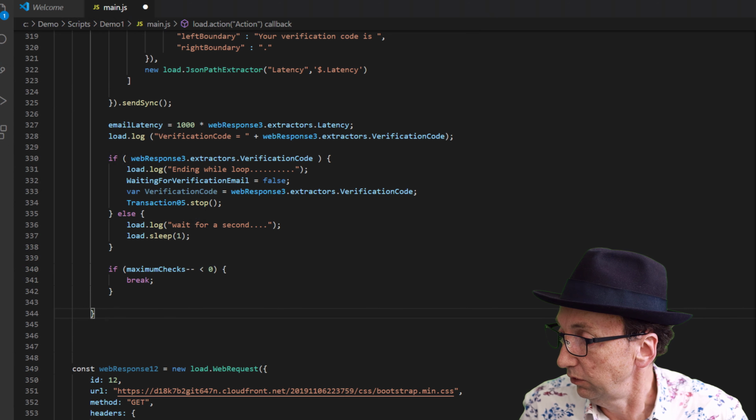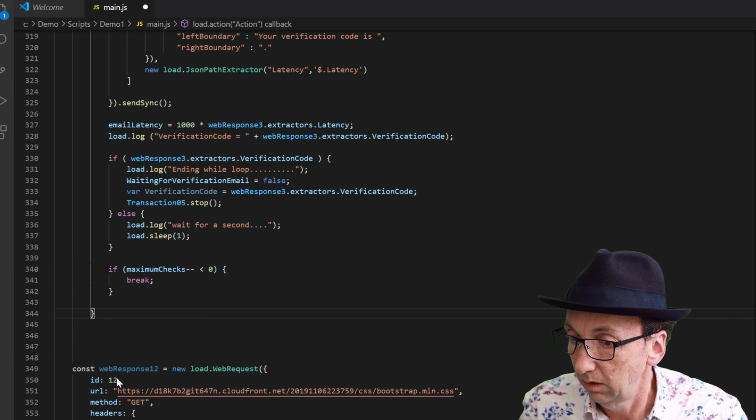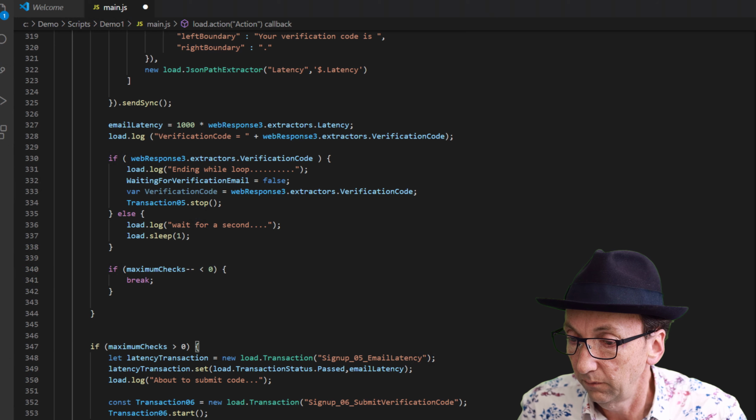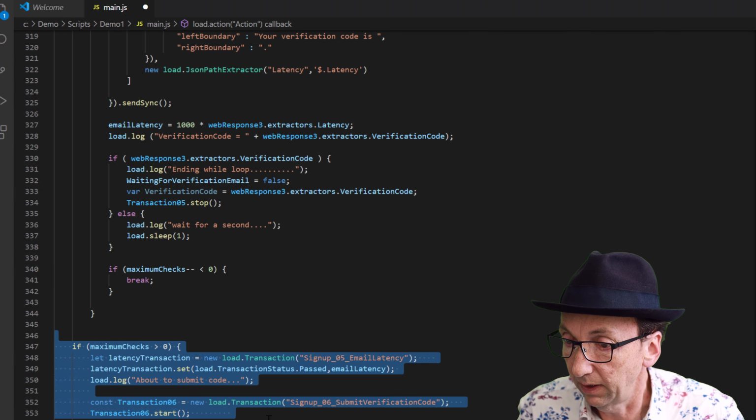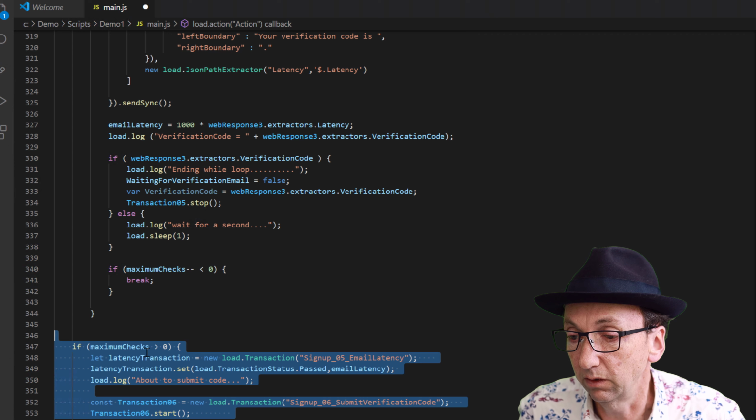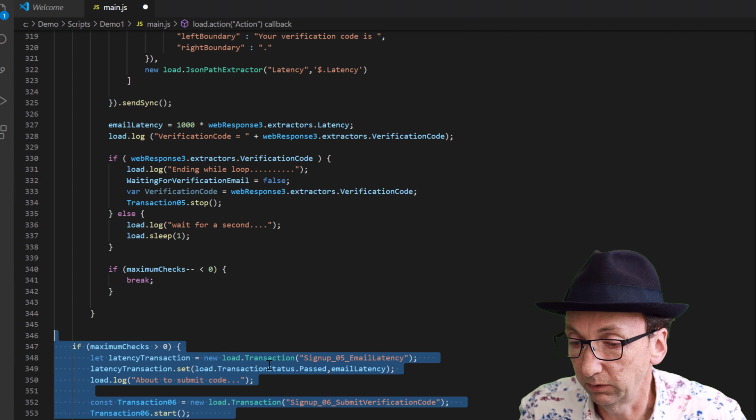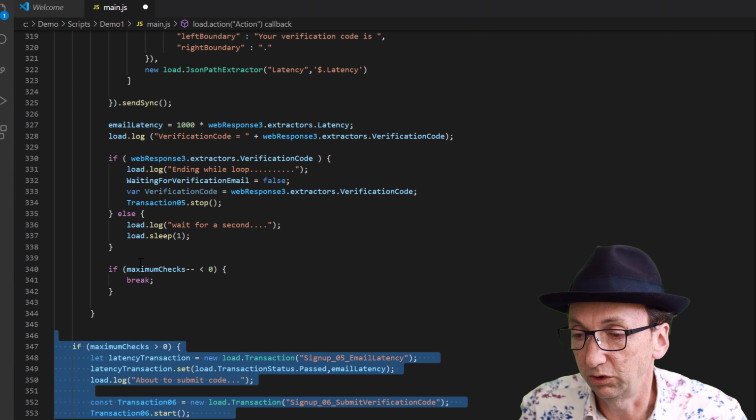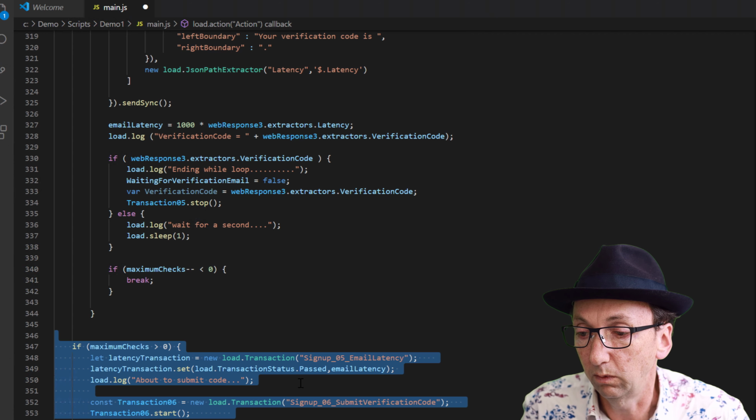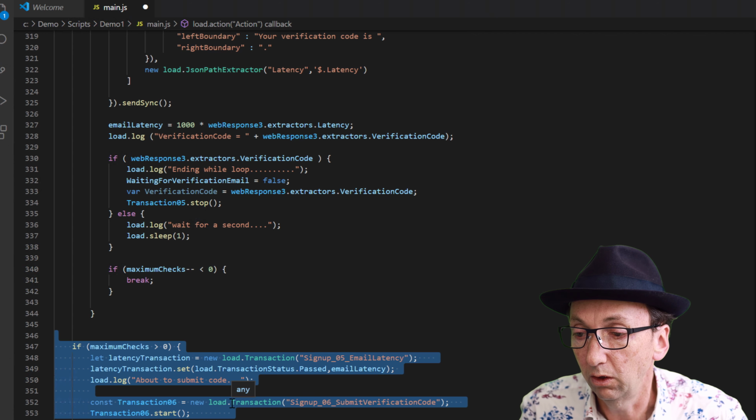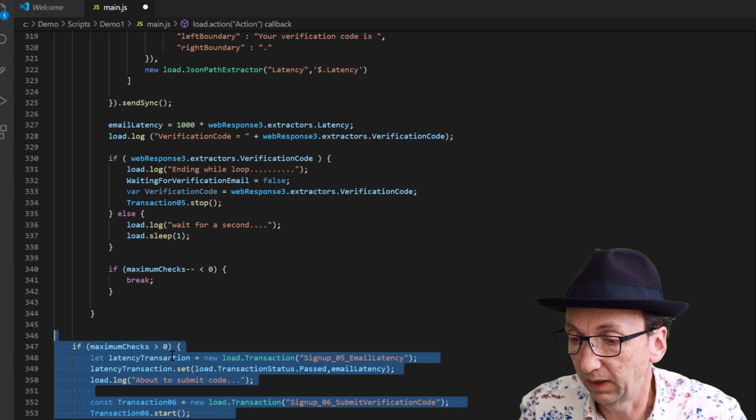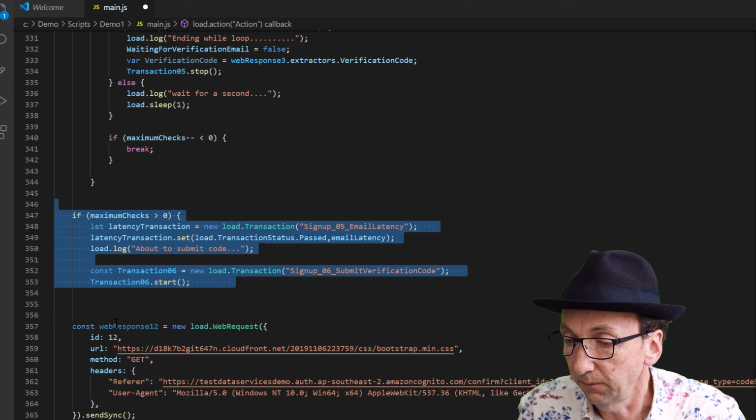And what we also have to do is in here, back, if the maximum checks is greater than 0, so if we still had checks available to be able to do, then I know it's a dodgy way to do it, but that's the way I did it. Then we know that we're okay to submit a code. We haven't burnt through all 50 of our attempts at getting the code. So then we're going to start a transaction,